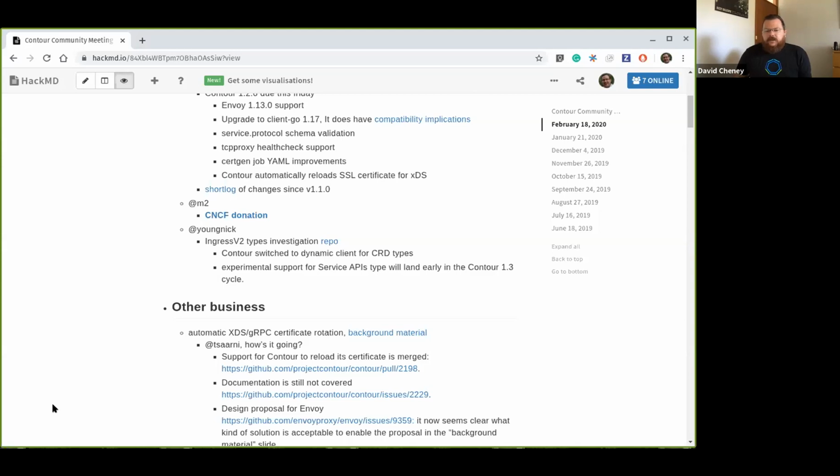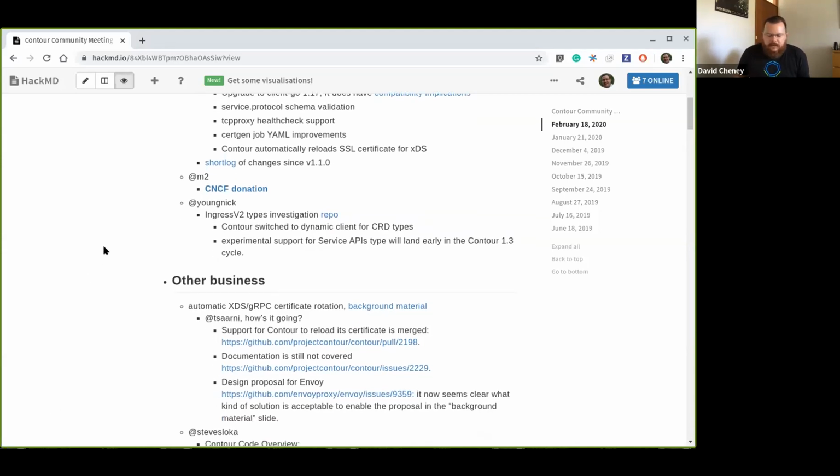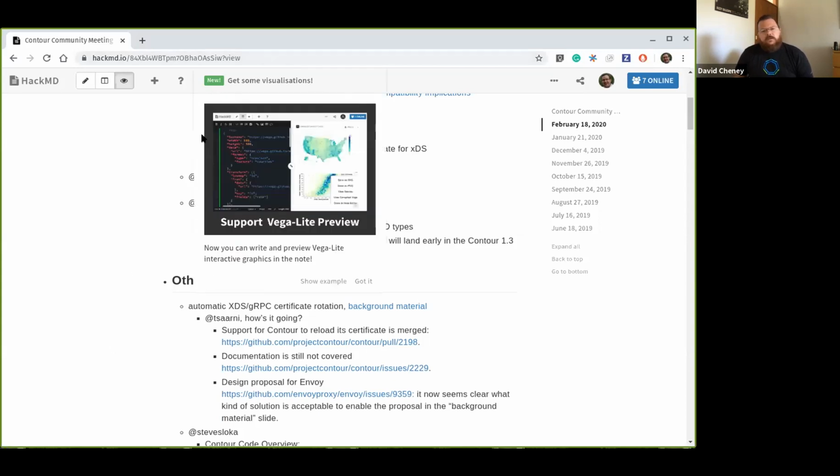Okay, what I might do for the next, let's call it 10 minutes, see how we go. Nick and the Red Hat folks, shall we talk about service APIs? What's happened so far, and how the stuff upstream potentially feeds back into Contour? Because I know that service APIs is a part of upstream SIG networking that is moving quite rapidly.